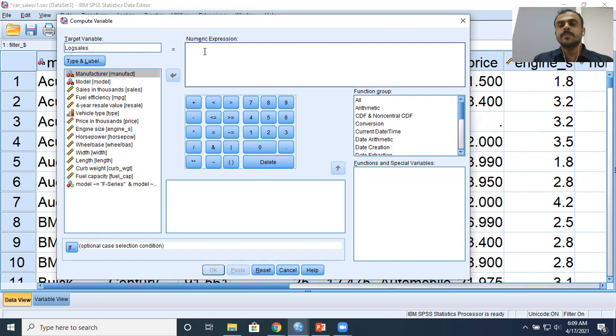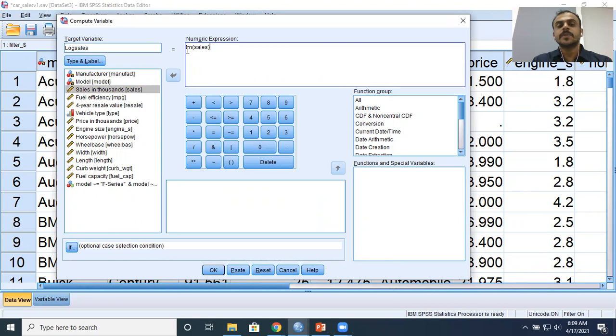Now, numerical expression. Here, I will be typing a function which is caps L and small n, which is natural logarithm. Open a bracket here. Within this, you can just enter sales. Close the bracket here. What am I doing here?